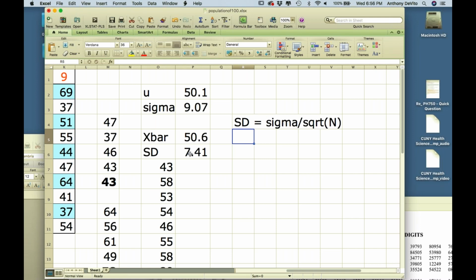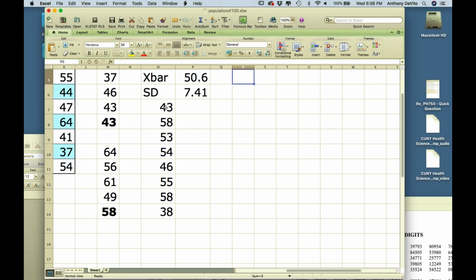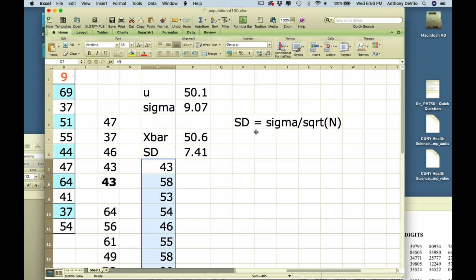So we saw a little bit of reduction. But remember this, that this is a relatively small number of sample means. If we had done this 1,000 times, we would have seen almost exactly this outcome, where the standard deviation would have been 4.5 instead of 9, literally half of sigma, because the sample size is 4.